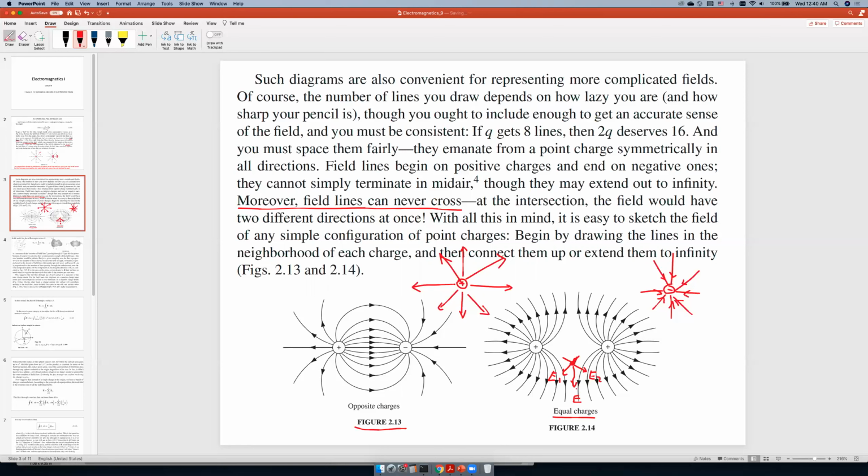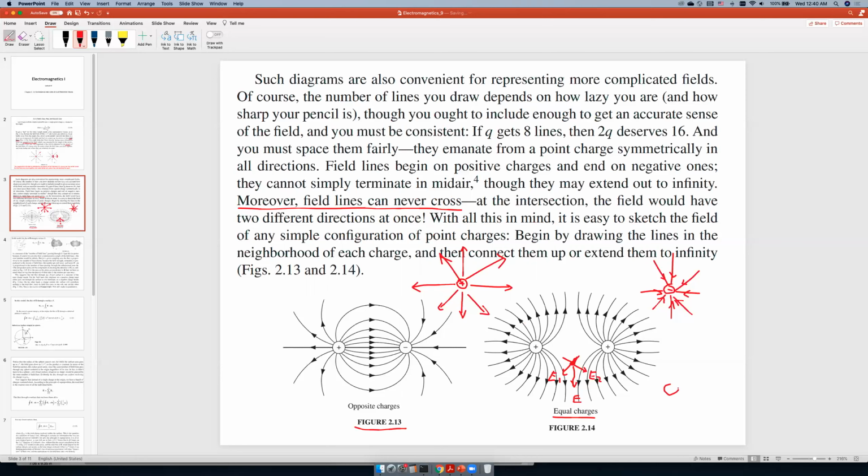So if the field lines cross, they will become combined or merged into a sum of the field lines, and it becomes a new field line. So they don't cross. With all the features in mind, it's easy to sketch the field lines of any simple configuration of point charges. For example,